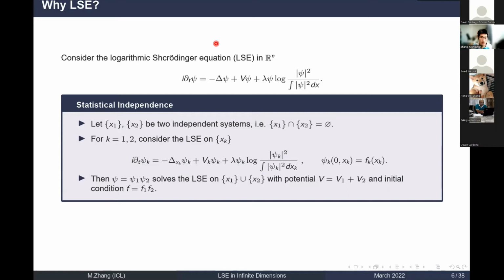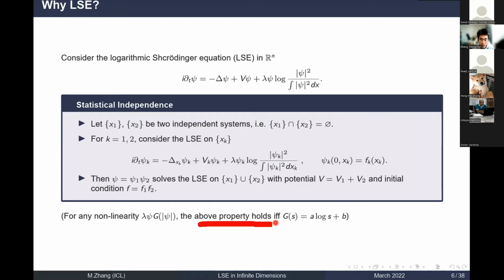And well, I think we know that this is a well-known property for the linear Schrodinger equation. And actually, one can prove that if we have a nonlinearity in the form lambda times this function g in the wave function, then in the first paper where this log Schrodinger equation was introduced, they also proved that the above property holds if and only if g takes this form. So either g is linear or g grows like this log term. So this means this log nonlinearity is pretty much the only choice that we have if we want to have